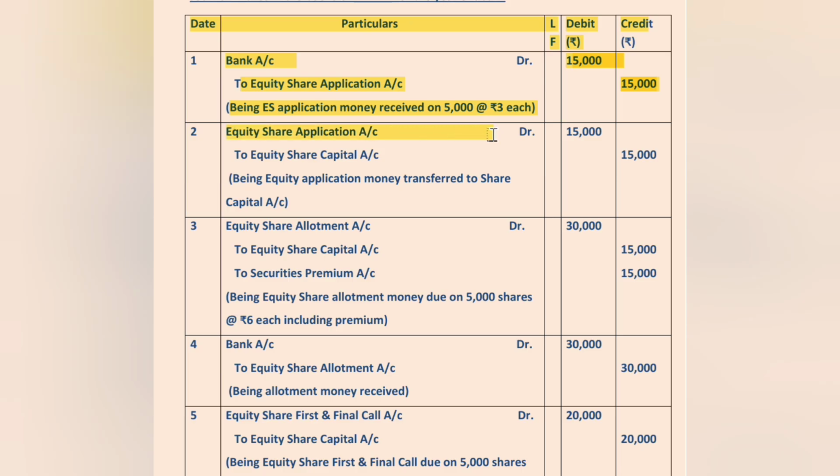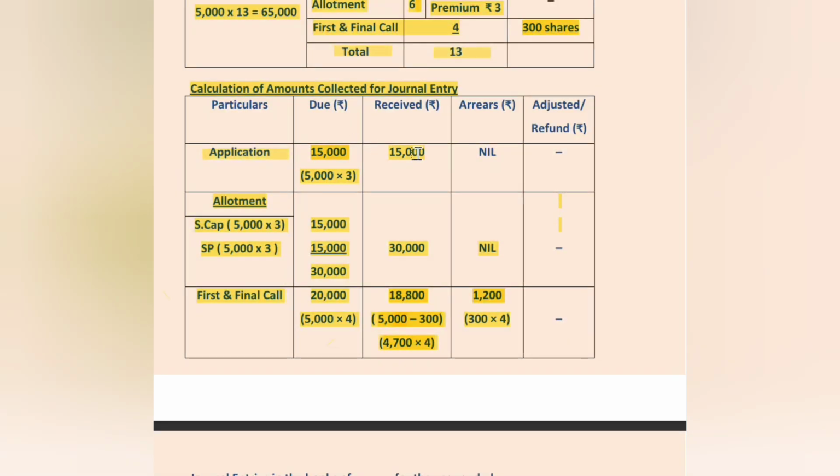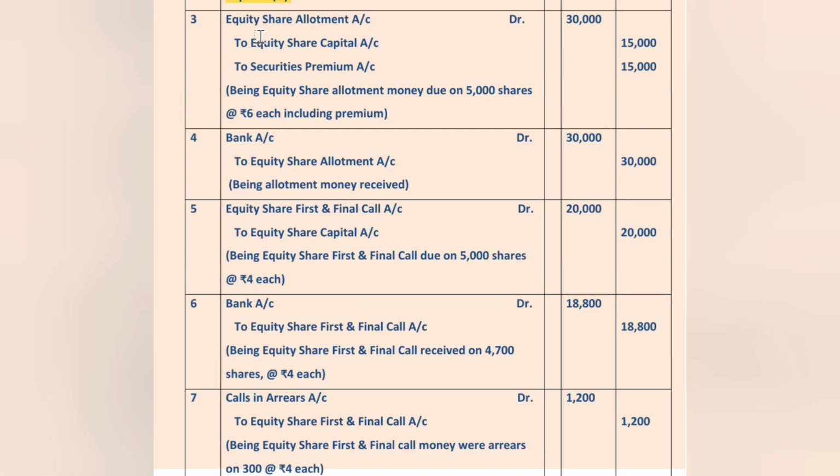Equity share application account debit to equity share capital account, the entire amount collected to be transferred, 15,000, 15,000. Being equity share application money transferred to equity share capital account. Now at the time of allotment,